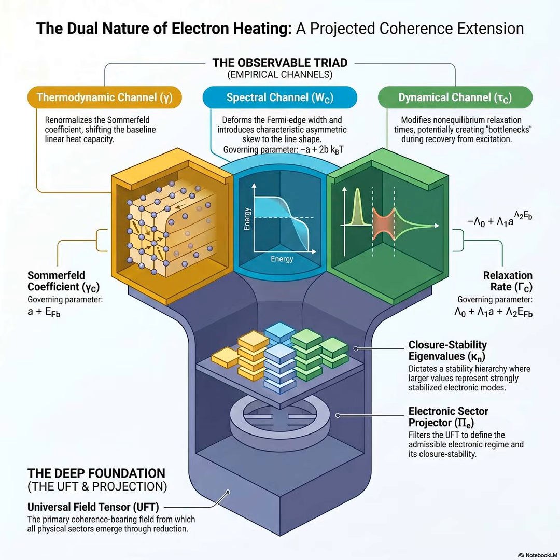This is where Lillian zooms the camera way, way out. He introduces the universal field tensor, denoted mathematically as a specialized blackboard bold U. He posits this UFT as the primary coherence-bearing field object in the universe. The universe. Wait, he's making a cosmological level claim to solve a low-temperature thermodynamics problem. He is. He suggests that the electronic sector we are measuring in a tiny piece of copper in the lab is just a projected regime of this broader universal coherence field.